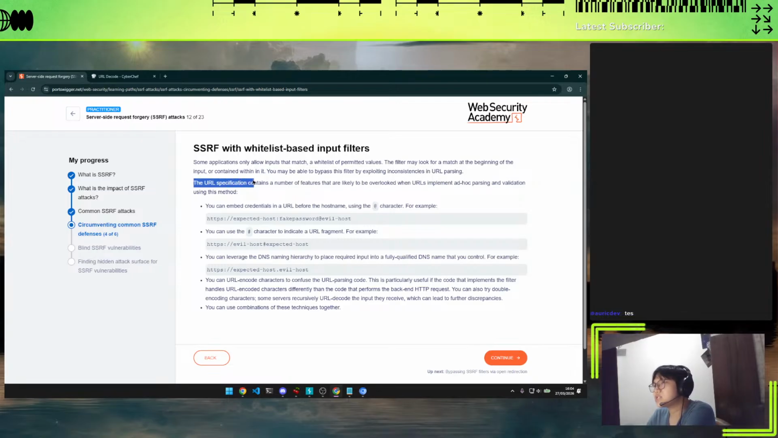The URL specification contains a number of features that are likely to be overlooked when developers implement ad hoc parsing and validation using this method. You can embed credentials in a URL before the hostname using the @ character. For example, okay. You can use the hash character to indicate a URL fragment. For example,